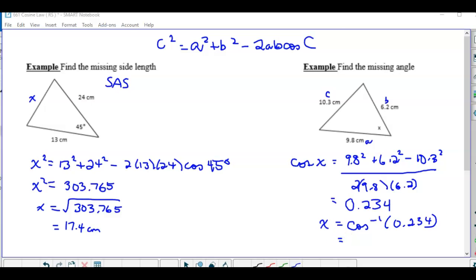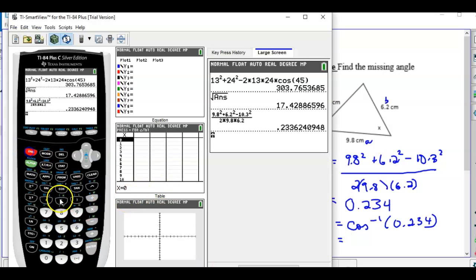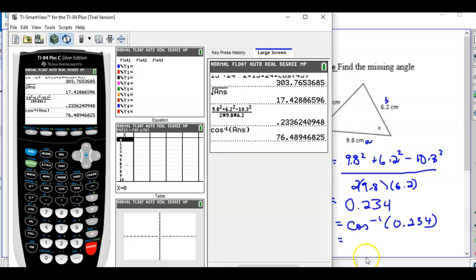Okay, in your calculator, you go second cos of that answer. Try to use as many decimal places, so if you use the previous answer, you're good to go. So now 76, and again, we'll go to the nearest tenth, 76.5